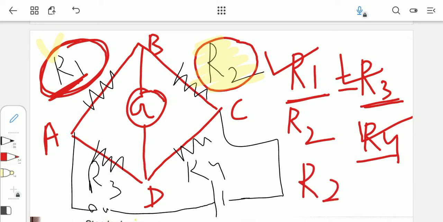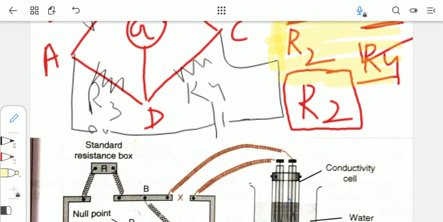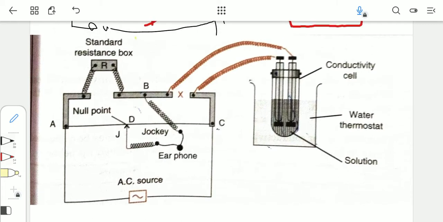Now you might wonder why we are calculating the resistance over here when we have to calculate the conductance. You will see in a few minutes why we are calculating the resistance. Here I just wanted to explain the basic equation of our Wheatstone bridge, which we are going to use in this video for calculating the conductance of our solution, and that is this equation. I hope the basic principle of the Wheatstone bridge is clear to you. Now let us see the diagram for this instrument. This is the basic diagram, and we will understand it in detail step by step.